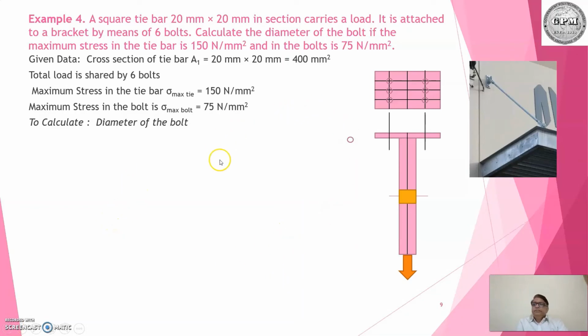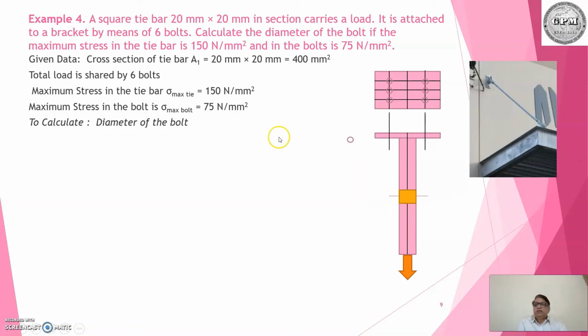So here, what you are going to calculate is the diameter of the bolt, as I said. When you are calculating the diameter of these bolts, one must know what the force acting here is. Load multiplied by the area of this section, if you know it, you can find the stress.